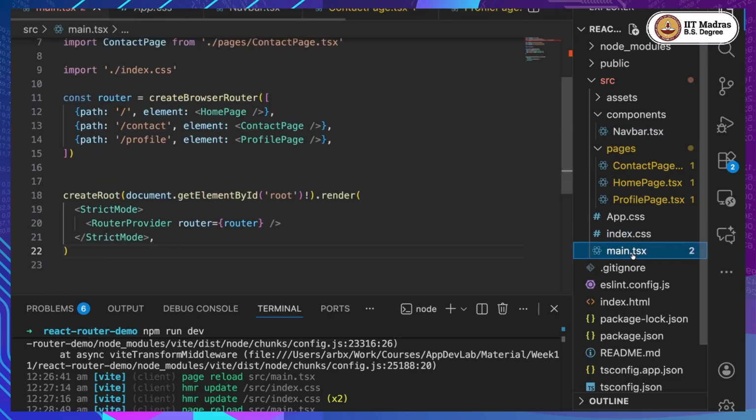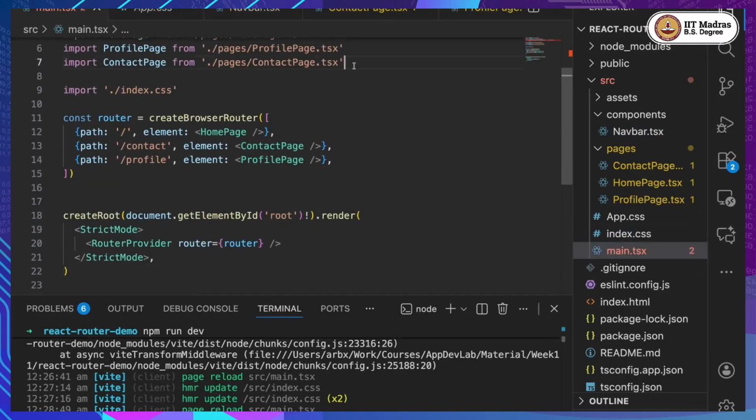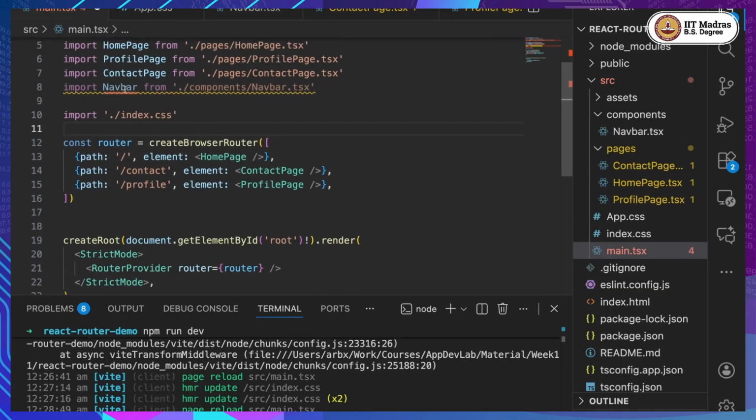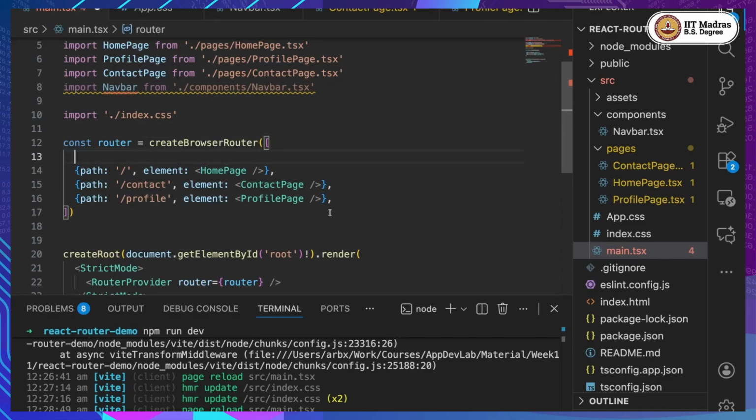So again, we'll go to the main. We'll import this. What I want is the navbar should be present in all the elements. For this, what we can do is use the children from React Router. So instead of this path, we can use the children. Instead of this homepage element being rendered over here, I would render the navbar